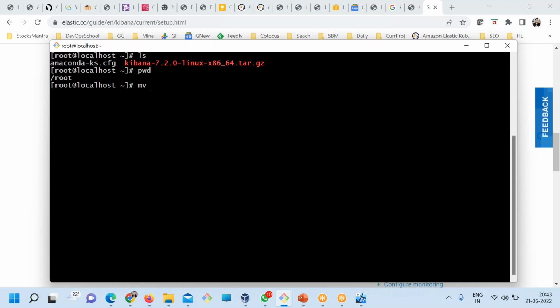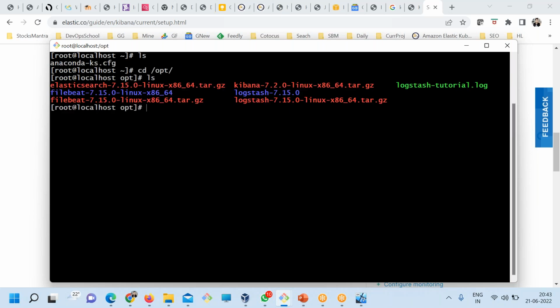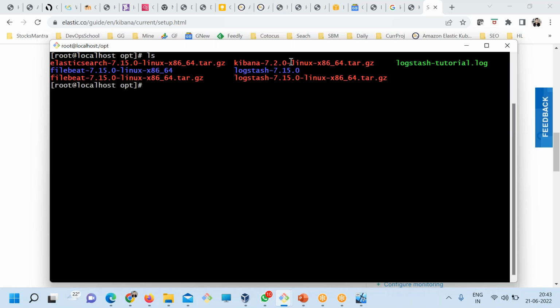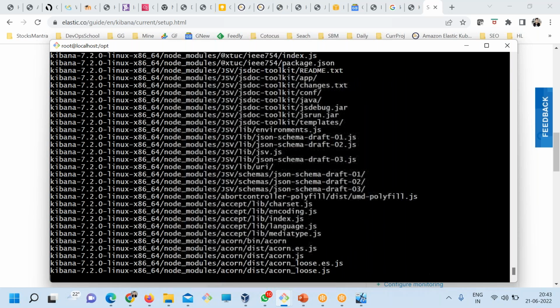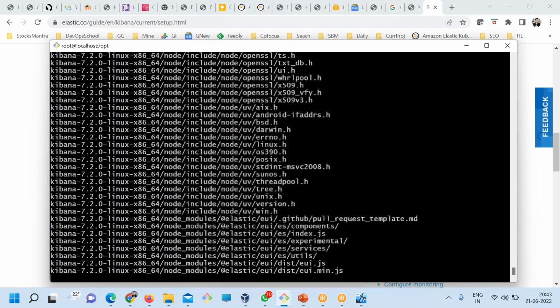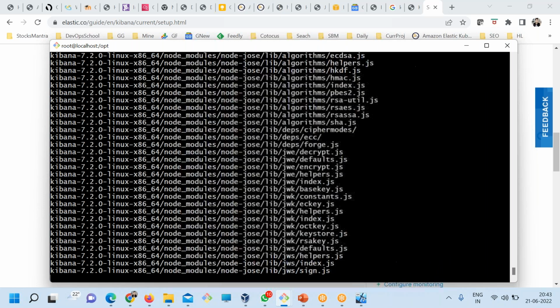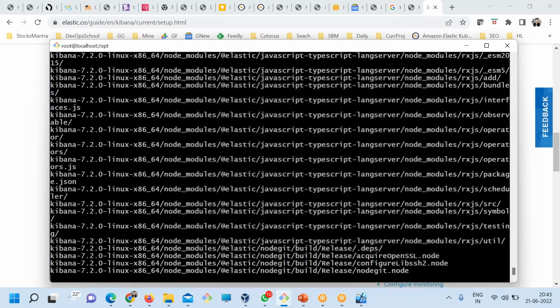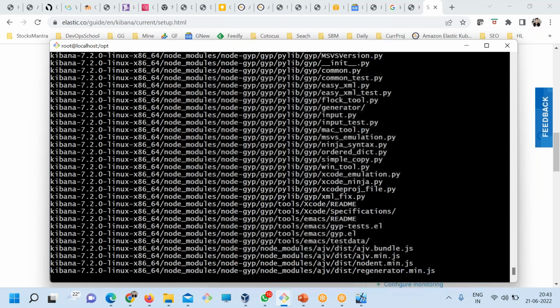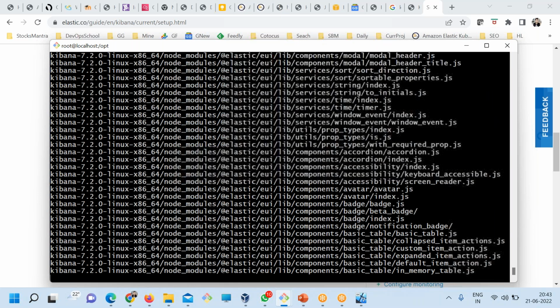I'll just move this one to the OPT because I want everything to be at the OPT location. So I should not forget. And tar -xvf this. So all these commands you have in that tutorial which I have shown you, so you can run this. Don't worry about the commands, you know. So Kibana. Now